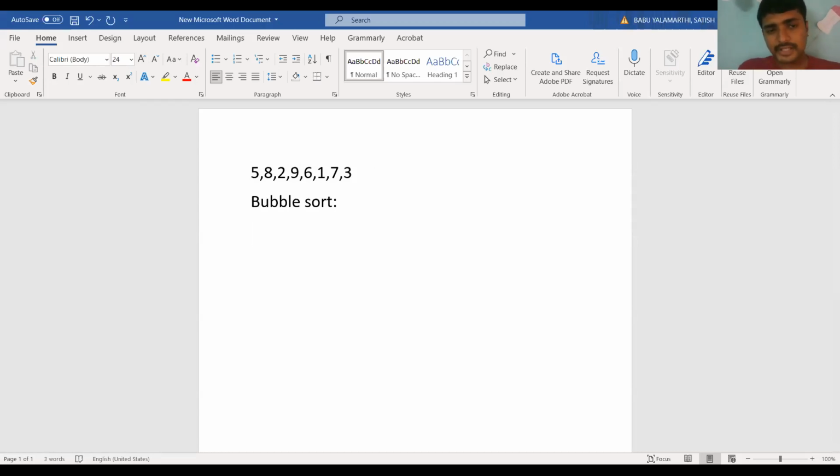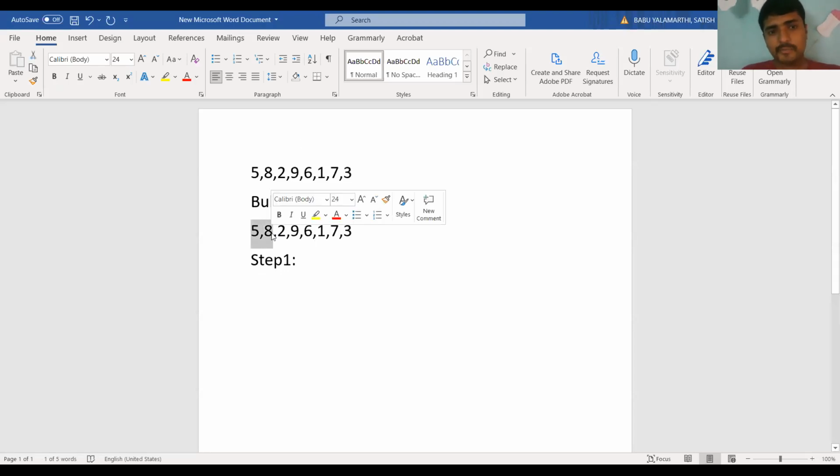So let us perform bubble sort step by step. 5, 8, 2, 9, 6, 1, 7, 3. This is the given array. Step 1: compare the first two elements, 5 and 8.